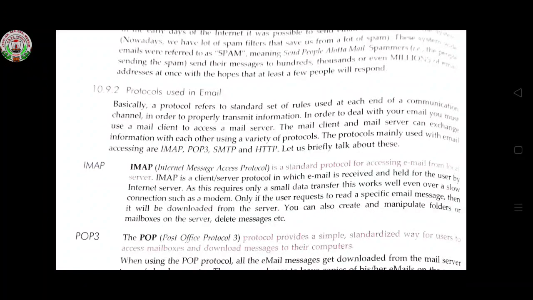Means with the help of a modem, a user can transfer data using IMAP. Only if the user requests to read a specific email message will it be downloaded from the server. You can also create and manipulate folders or mailboxes on the server, delete messages, etc.